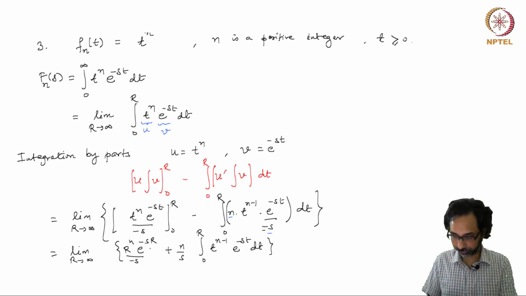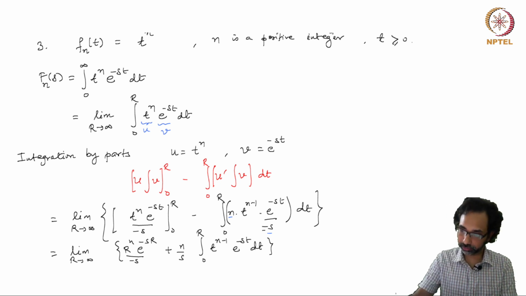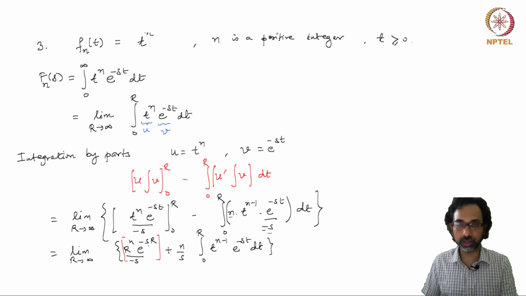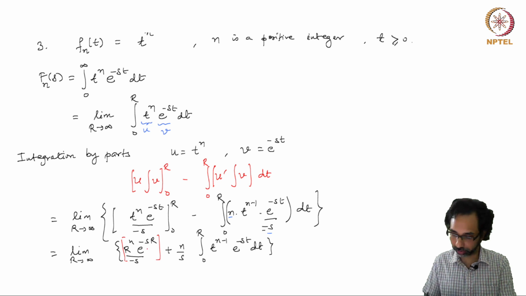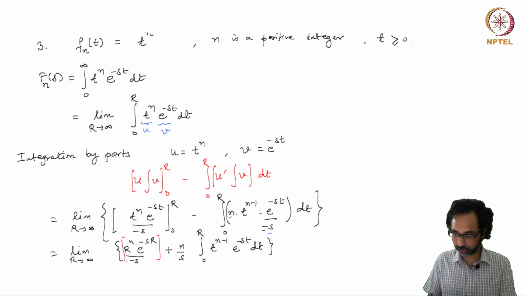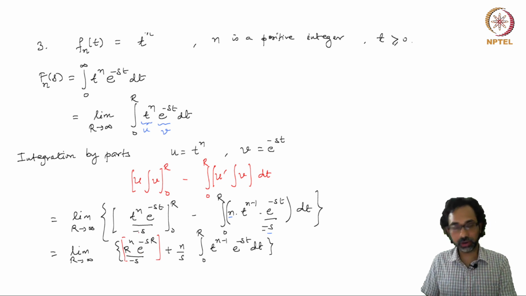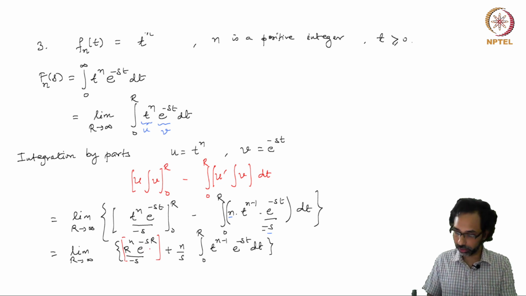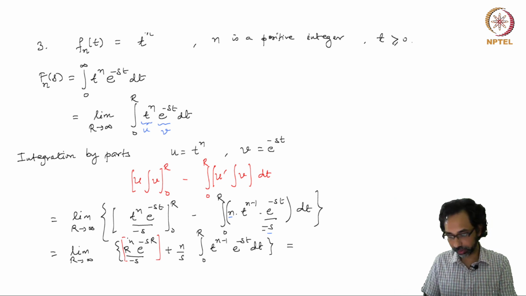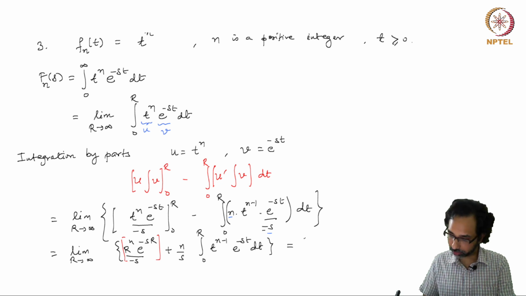Now note that the first term, r to the power n e to the minus sr, when you take the limit inside, limit is a linear operation, so you can take the limit term by term. So when you take this limit inside, you will get 0, because any power of n cannot grow faster than the exponential function, again provided s is positive. So provided s is positive, you will get 0 for this red bracketed term.